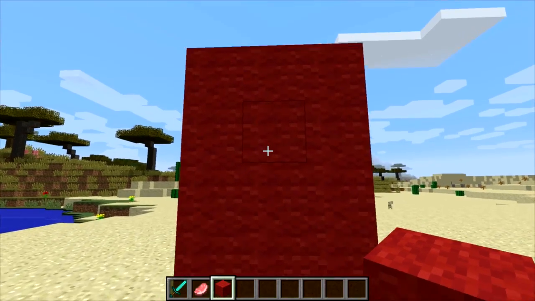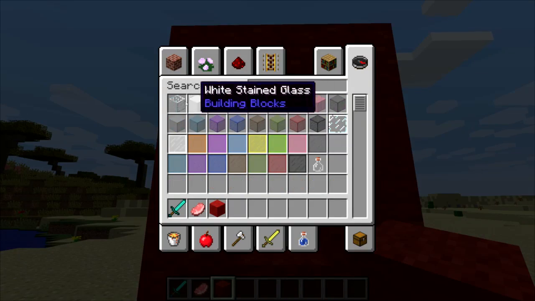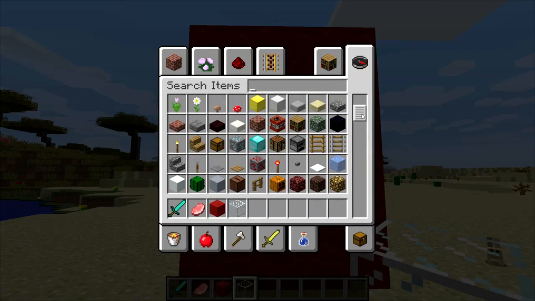Now we need to make it look a little bit more realistic. So I'm gonna get rid of these two and put glass instead of them. There we go. Alright, glass. Achievement unlocked. I got glass. Fantastic. And behind the glass, we're gonna put a bunch of...